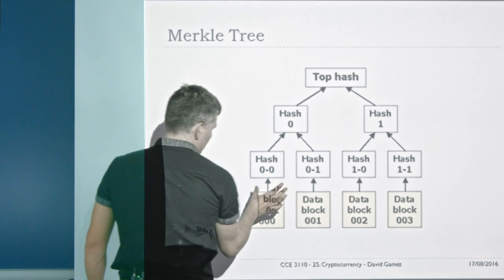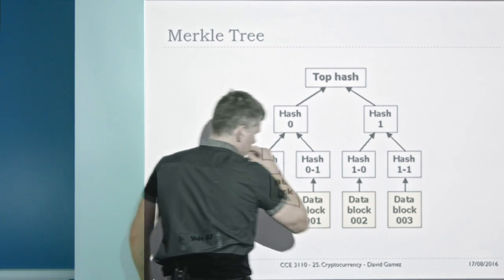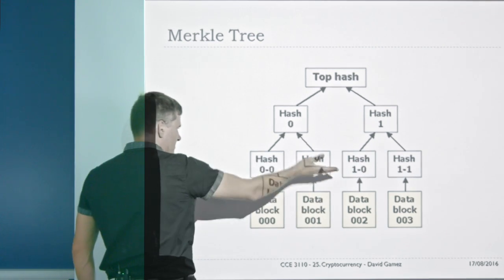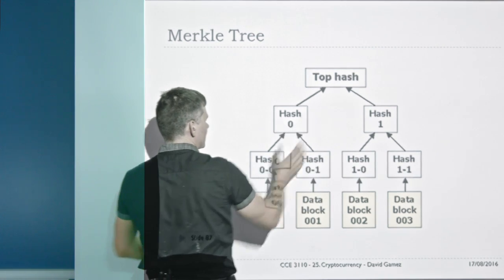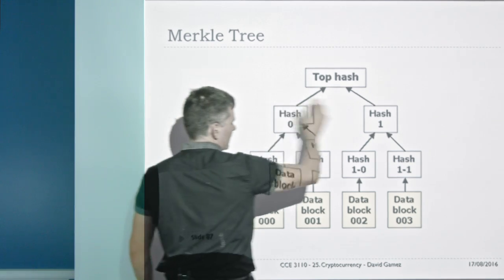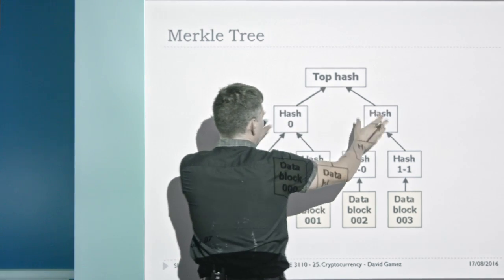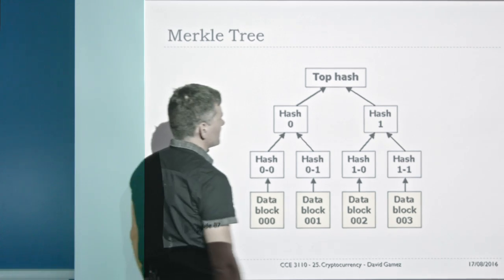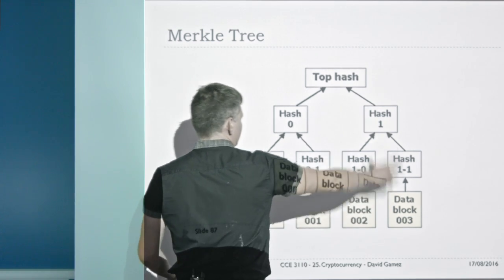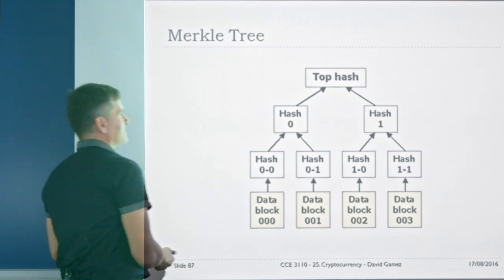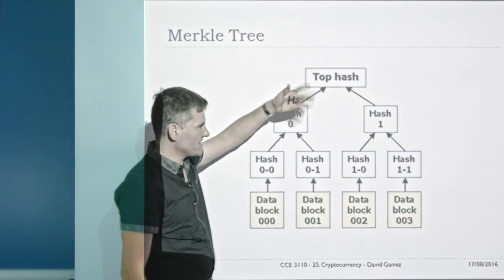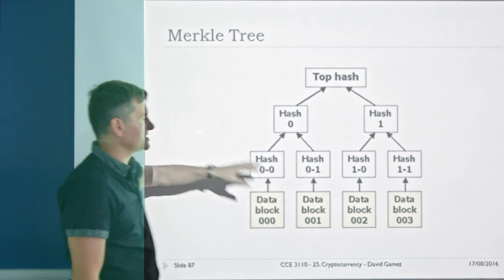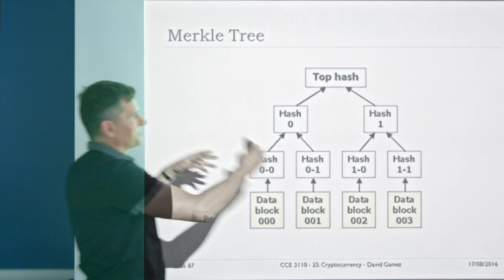Here you have the data blocks, which could correspond to transactions, and then you've got a hash of these data blocks, which is the first level of compression. Then you take the hash of two of the hashes to create another hash, and then you get a top hash, which is the hash of the hashes below it. So these are basically hashes of hashes of hashes, and you store the top hash. Since this top hash is a cryptographic hash, even a small change to a data block would change the hash here. So there's only one Merkle tree that corresponds to that particular hash.